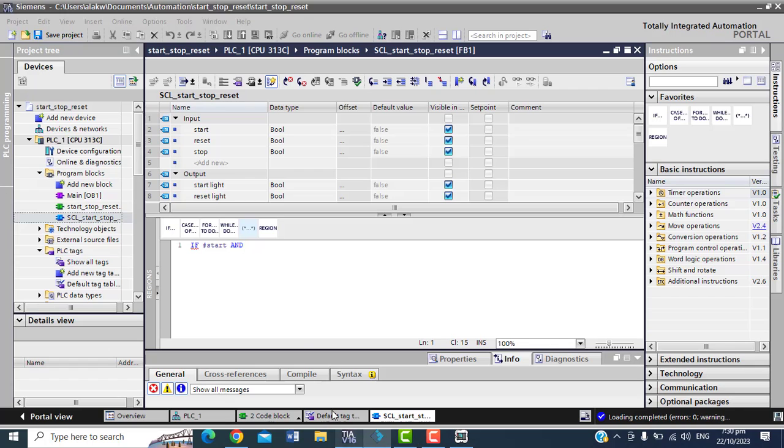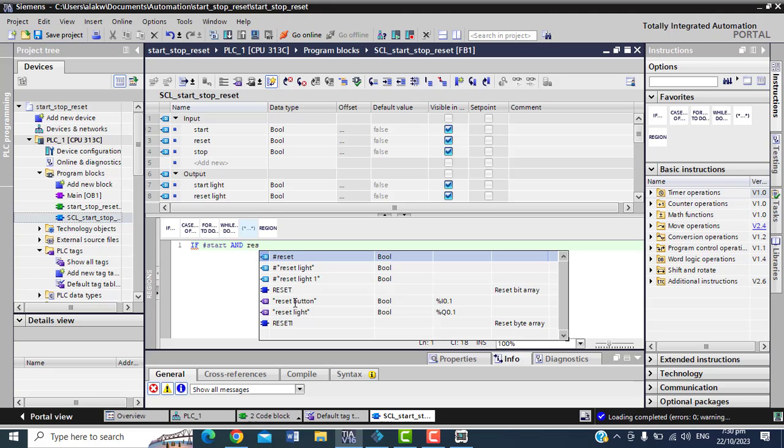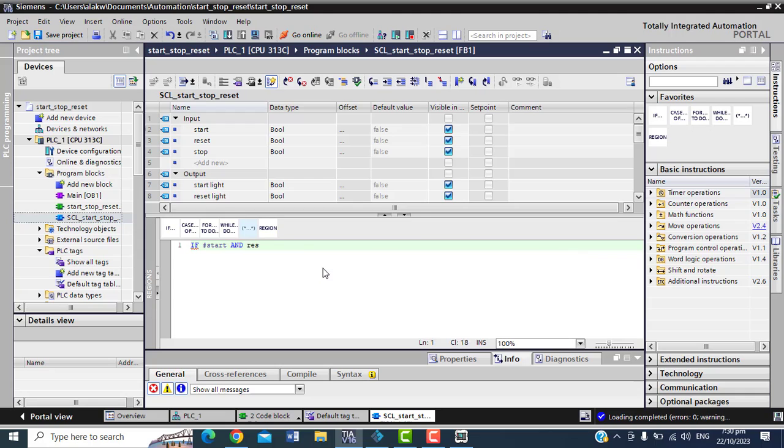So I feel I can still leave it for only that one, but again, I want to make sure I make this thing tighter, right? Make it not just the loose kind of. So I will say if start, now you press them, and this reset light, right? And this reset light is equal to true. I will just leave it like that.